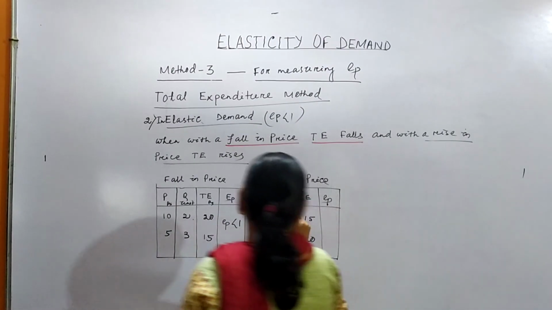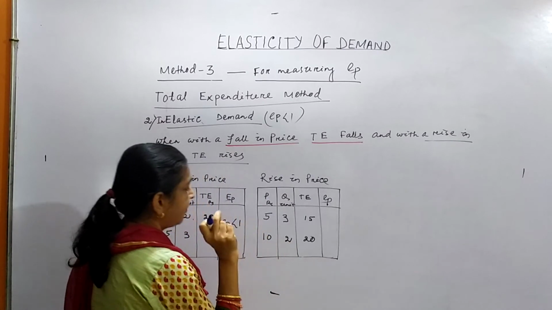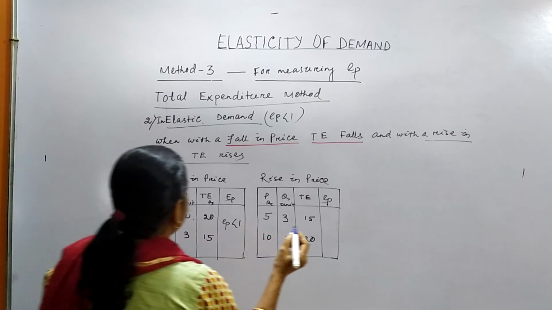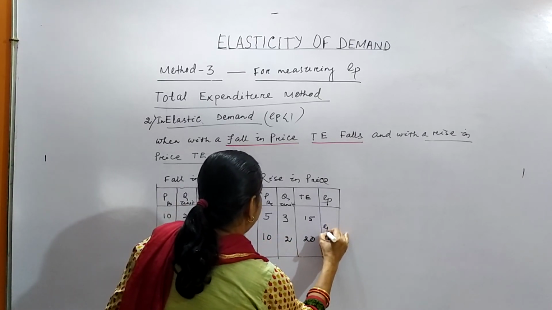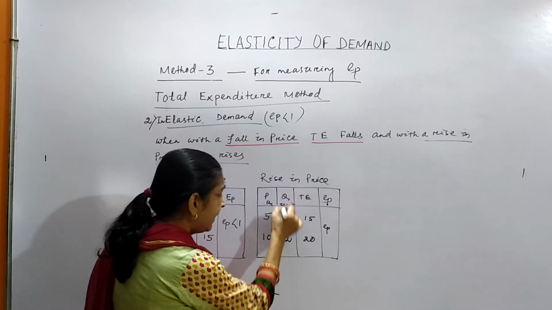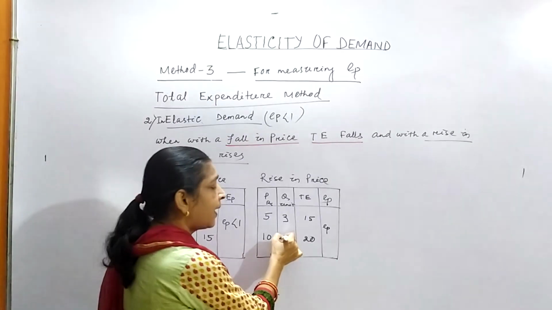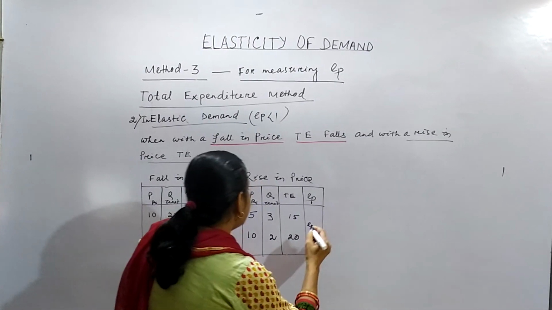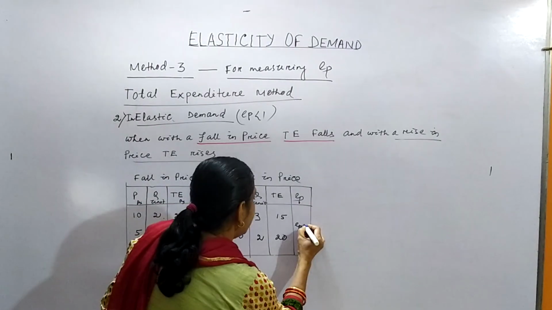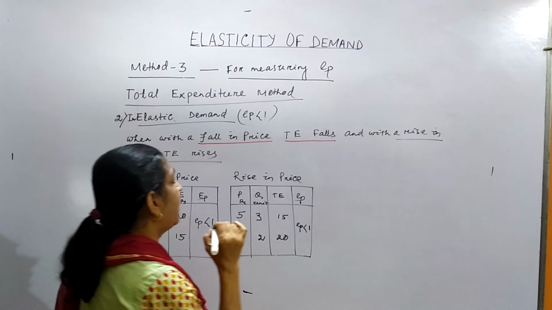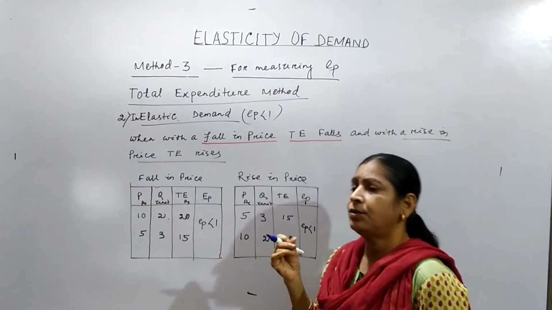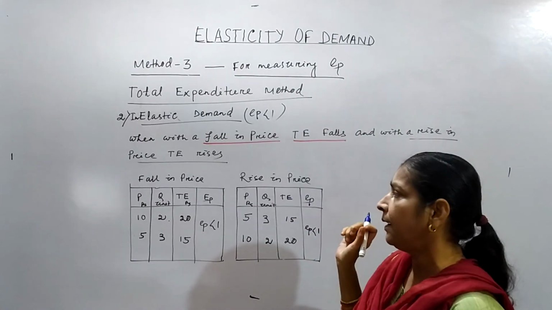So now our quantity demanded is 2 instead of half. So total expenditure increases. So this is the case. Because quantity demanded does not respond proportionately to the change in price, EP in this case will be less than 1. The quantity changes by less than the price changes. So EP in this case will be less than 1.